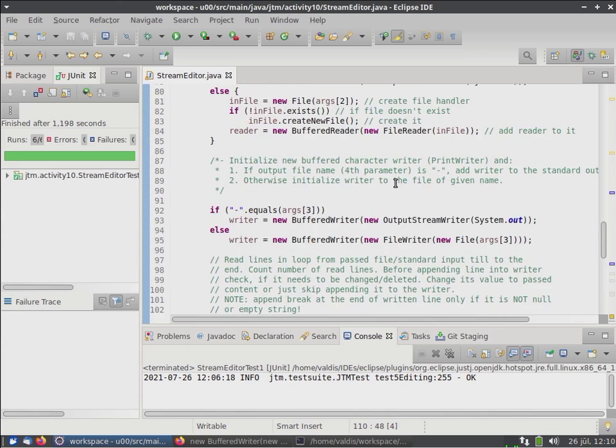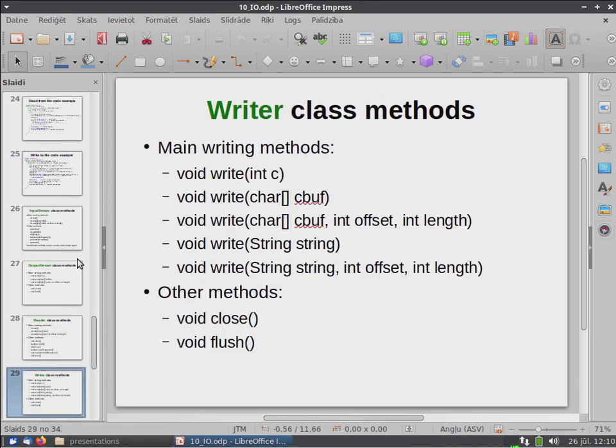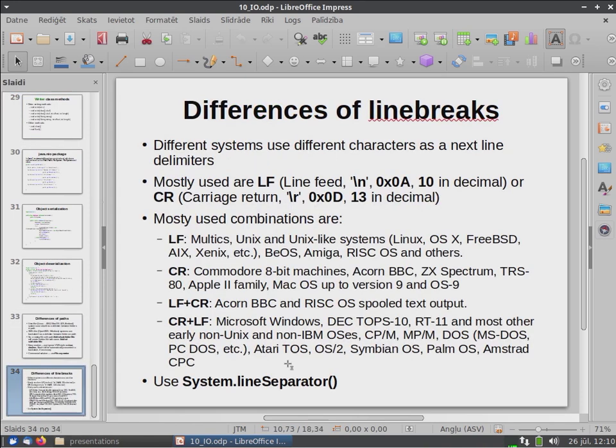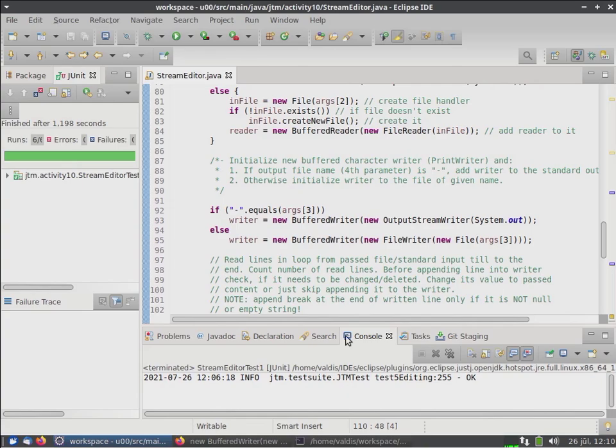And of course, if you want to make it platform independent, then you need to do something like that. You check what is the system line separator first,